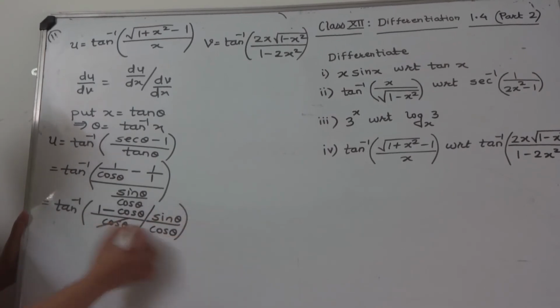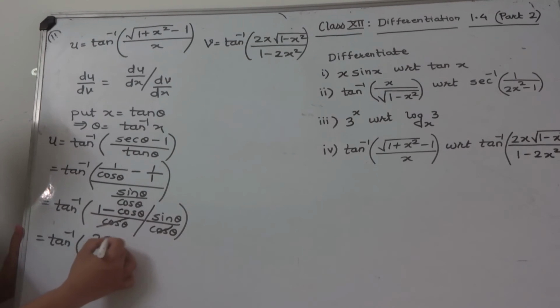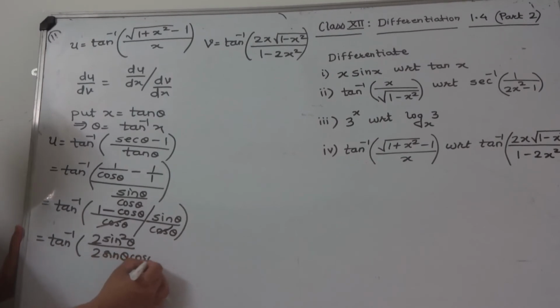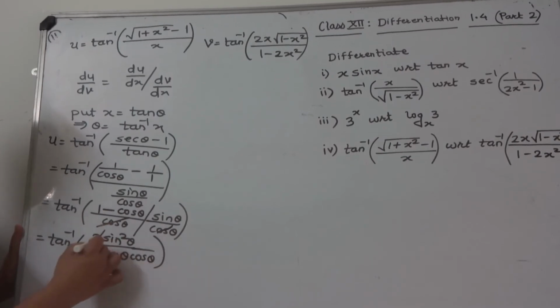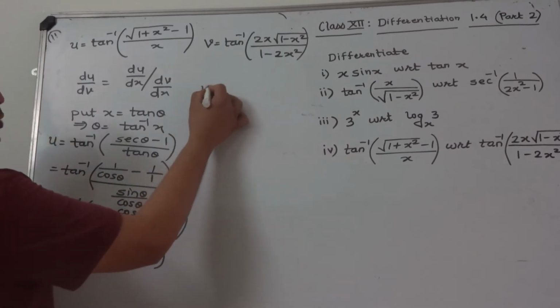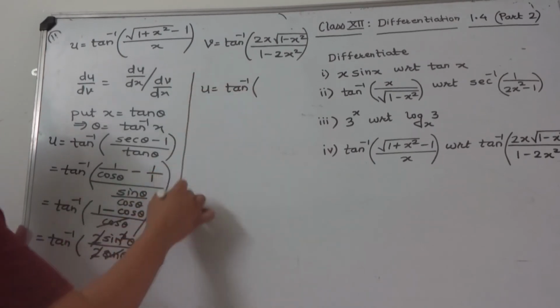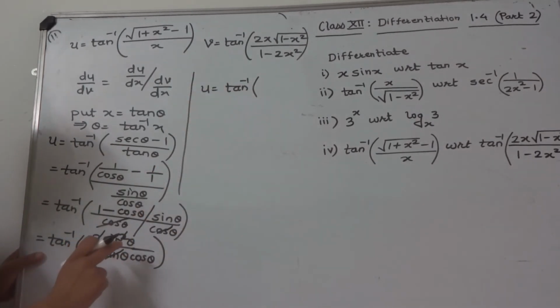The denominators get cancelled. We can simplify it further. 1 minus cos theta is 2 times sine square theta upon 2 sine theta cos theta. 2 gets cancelled, 1 sine theta gets cancelled, and we get here u equal to tan inverse of,